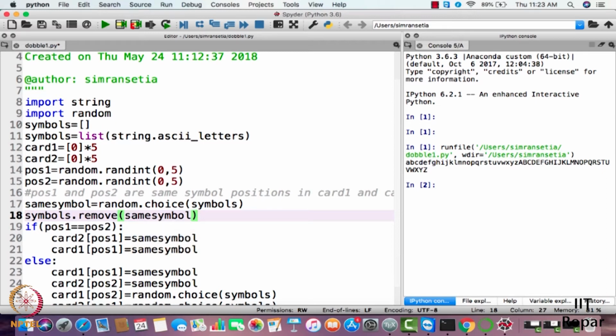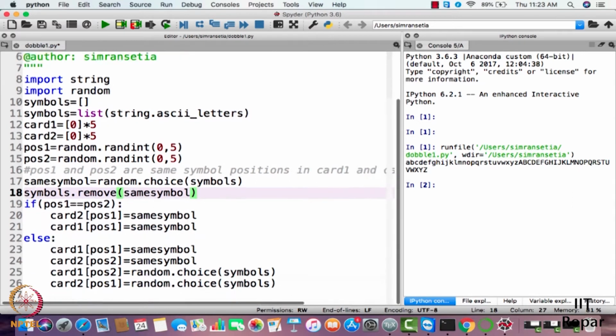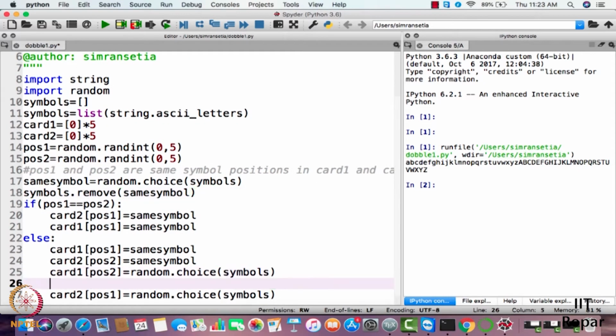Please note the fact why I'm doing this here, because we don't want the same symbol to repeat in card 1 and card 2. So what we will do here, we will just remove the same symbol from the list symbols. Even we don't want repetitions in the same card. We don't want the same symbols to repeat in the same card. So we also need to remove the other symbols that we are choosing for card 1 and card 2.